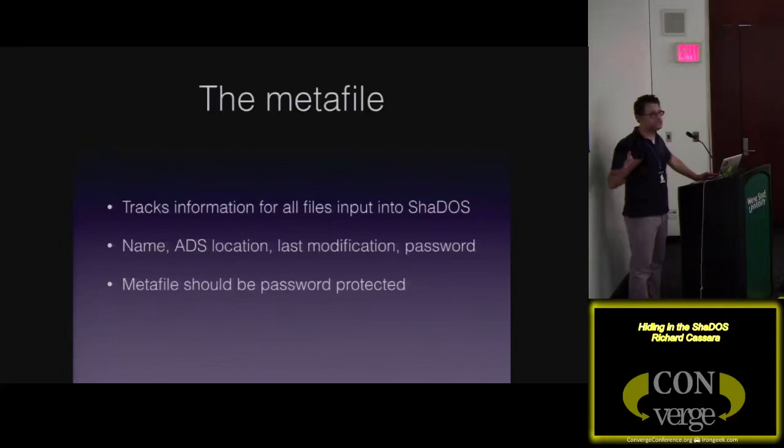And the meta file itself can optionally be password protected, which I would highly recommend, because if it's not, and someone broke into your machine and was trying to find this critical data, if they knew about the project, they could theoretically find the ShaDOS meta file, because that one's easier to find because it has a defined stream name. ShaDOS is the name of the stream for the meta file. So if they find that stream name on a file, then they know that that's the meta file, and if it's not encrypted, then they can read that and see what other files you've written and where they are. But if those are encrypted, you can still minimize the damage, but if you encrypt the meta file, then it's even harder to get to.